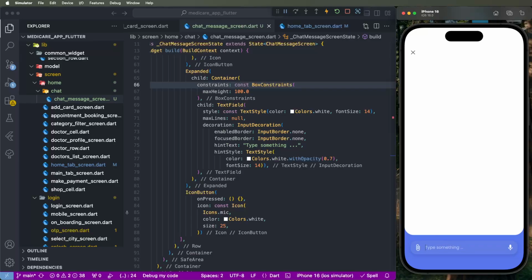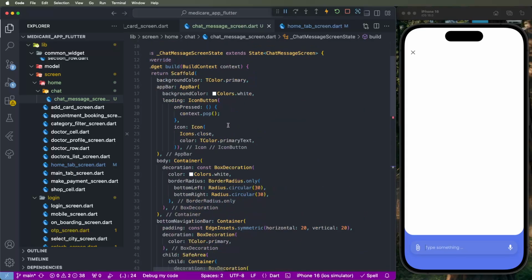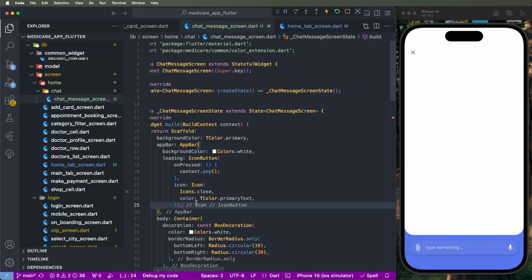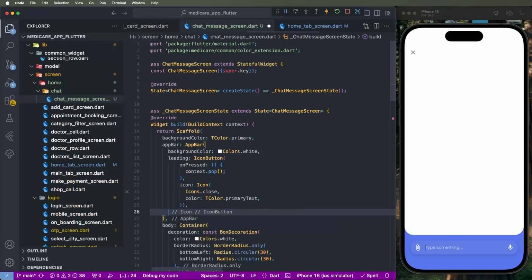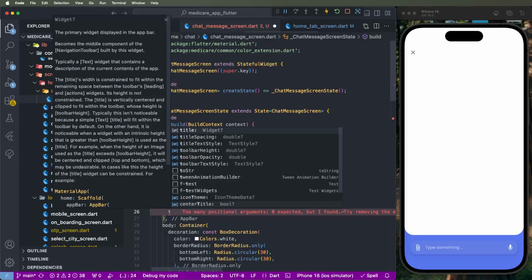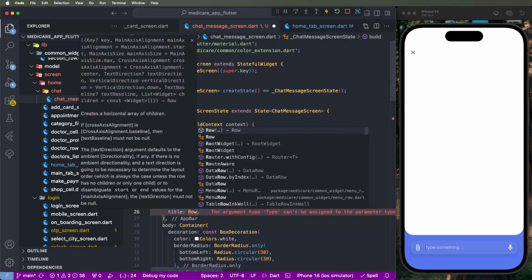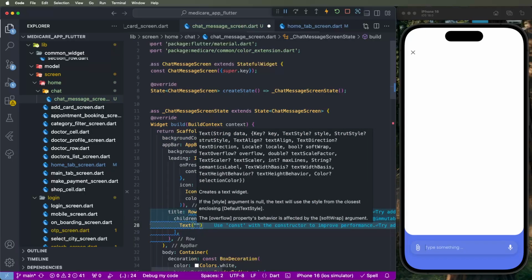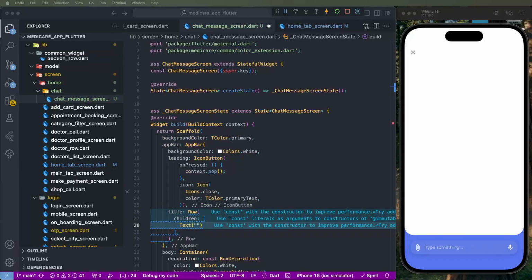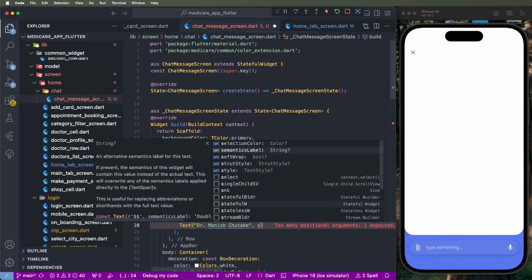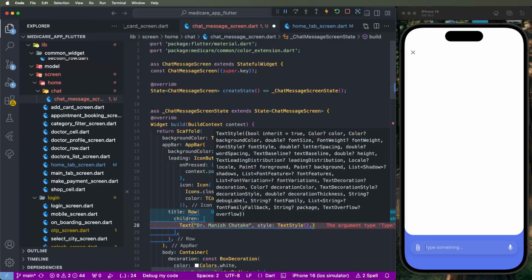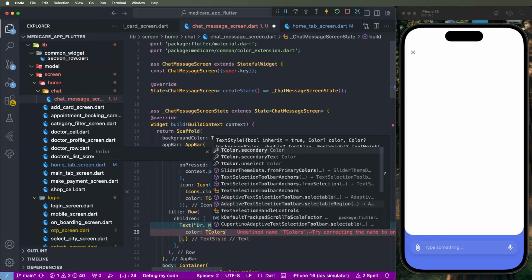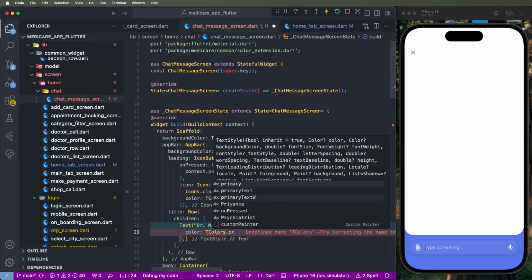Now we need to same as design, so need to creating here the titles. First of all need to copy here the titles bars here, set here the titles, create here the row, and we need to set here the text, and to give this here the name Dr. Manish Chutake. Then after we need to set this here the text styles, set here the color, primary text colors we need to set here,